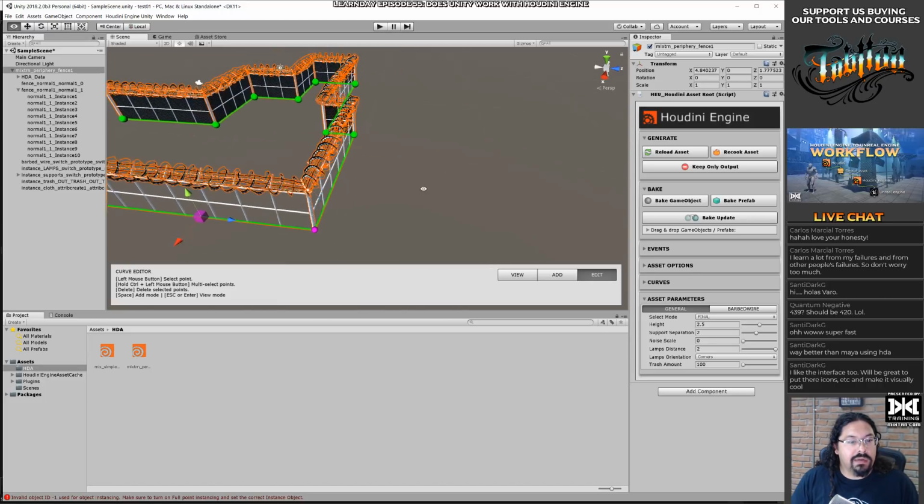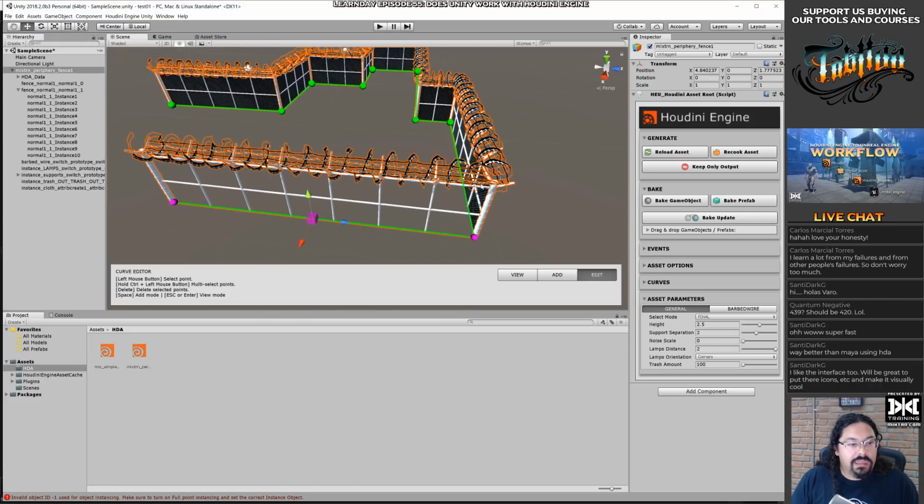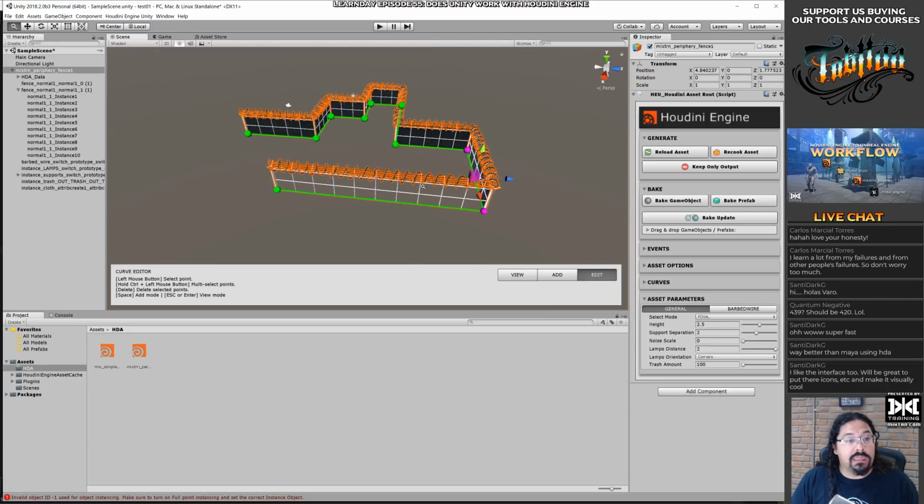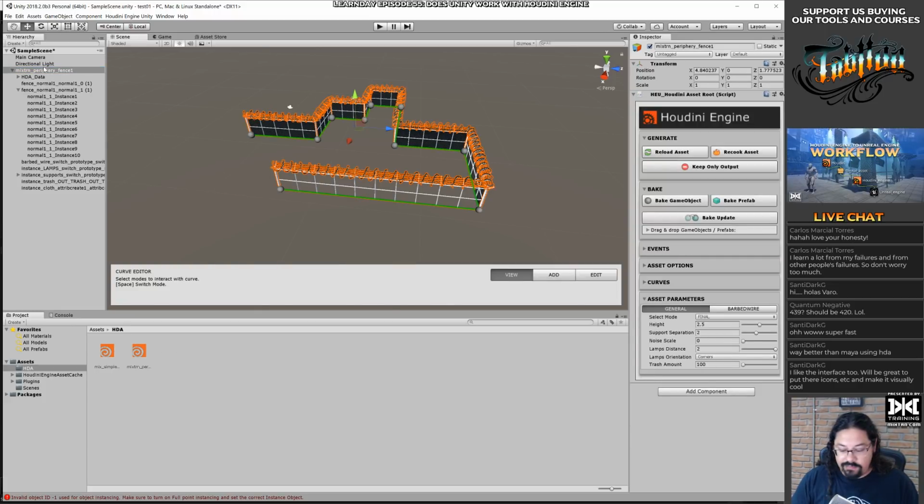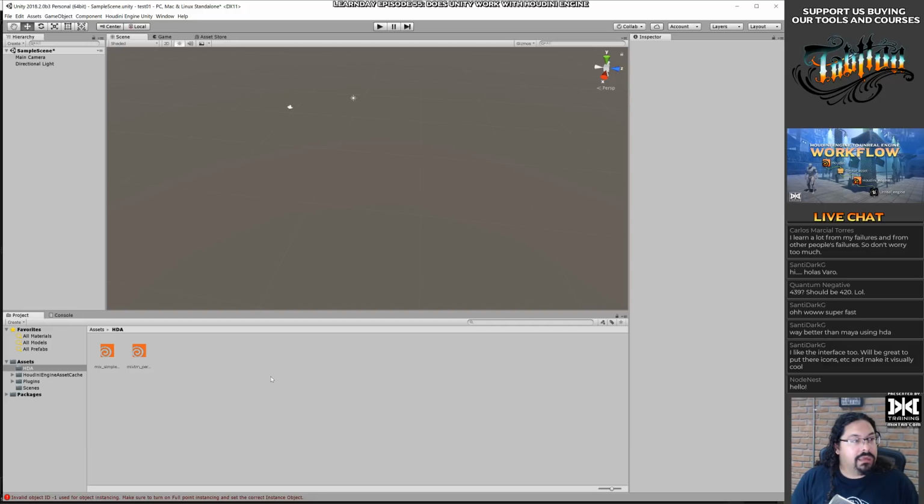It's working okay-ish. So let's do something that uses these specific Unity thingies. So let's delete this guy, periphery fence. Let's save this scene. Is this a scene? Sample scene. All right, I'm on a sample scene.